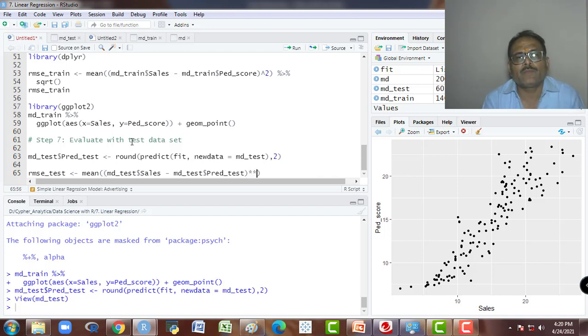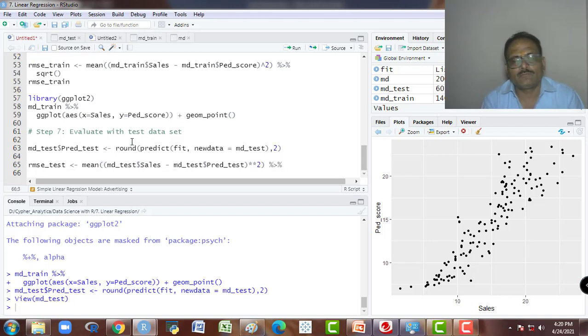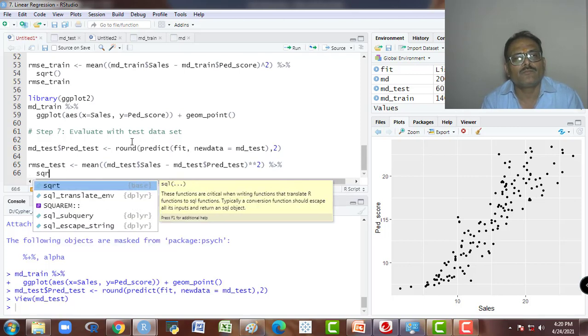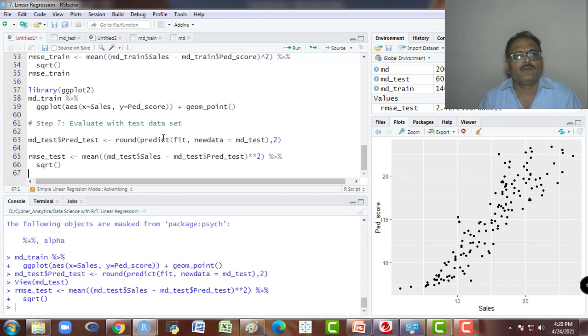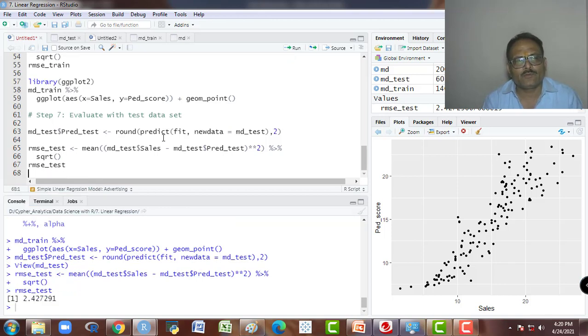So this time I am taking asterisk, and then later on we have used the square root, and I run this. Now I see the RMSE for test.